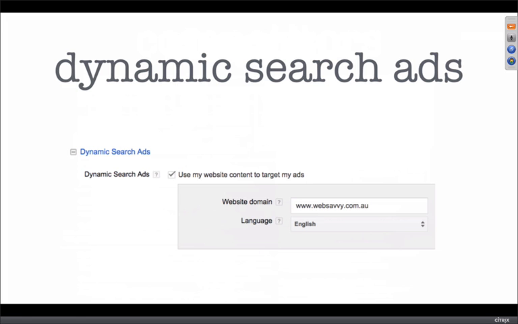And dynamic search ads. So this is a relatively new option, been around about a year or so, where Google essentially are offering to fill in the gaps in your keyword list. So you load up this and you point Google in the right direction at your website or at a page or a subset of your website, but let's just keep it easy for now. Point it at your website, and then when somebody searches for something that's not already a keyword in your account, Google will look at the keywords in your account, look at that search query and say, well, based on what we found on your website, we think this would be a great person to go show